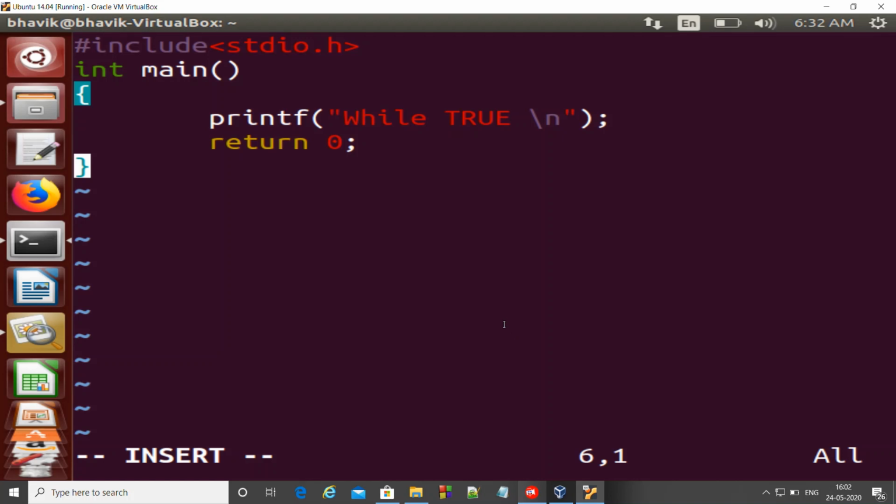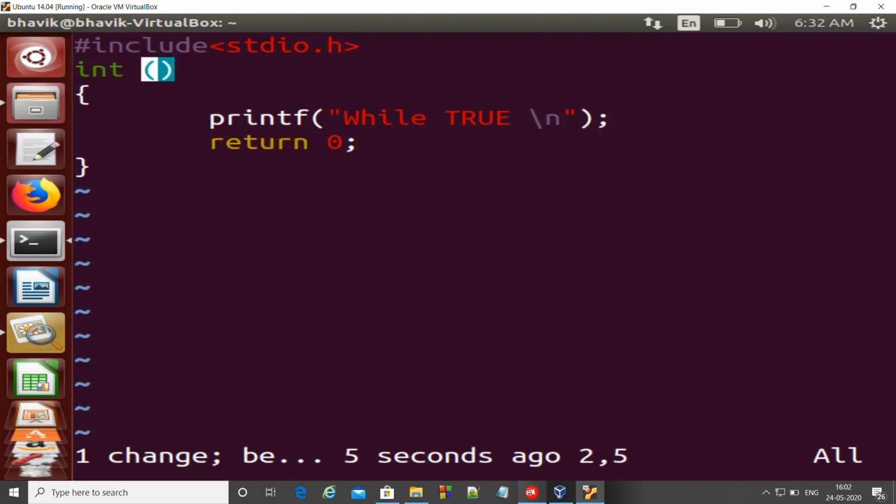Now we will see how we can actually manipulate the content. Suppose you want to delete main. What you can do is place your cursor on the main, as you can see on the top left. On main, escape and then dw. What it did is it deleted the content on the right side of the cursor. So using the dw command, you can delete the first word to the right of the cursor.